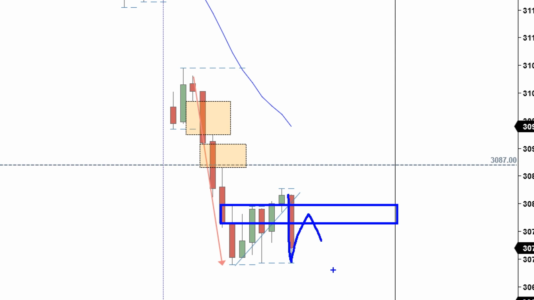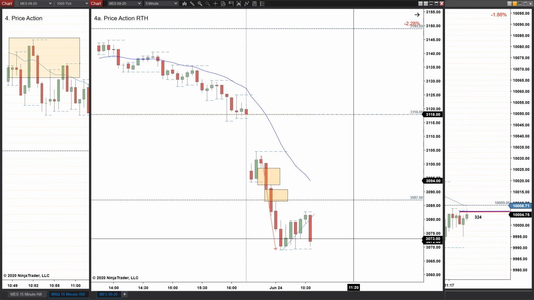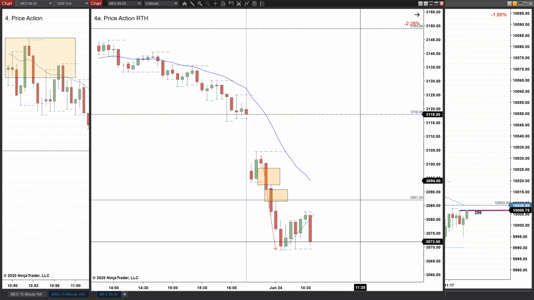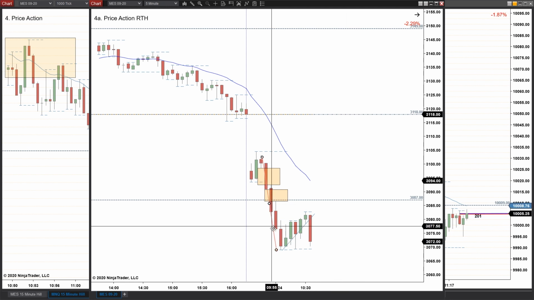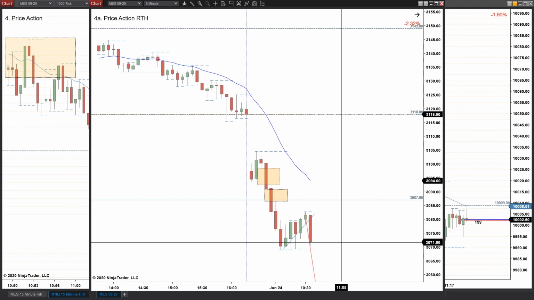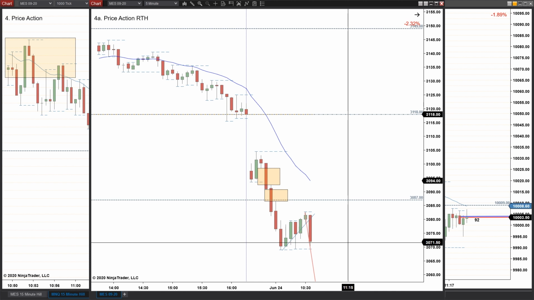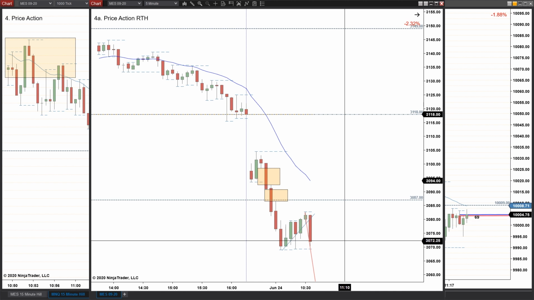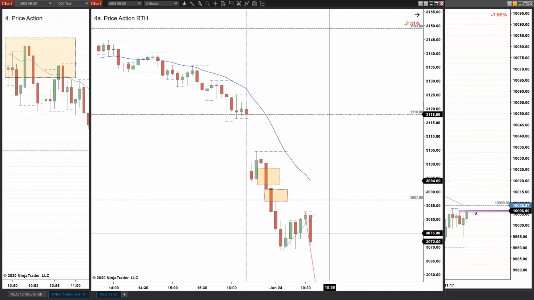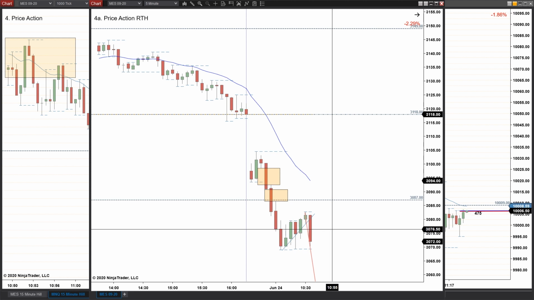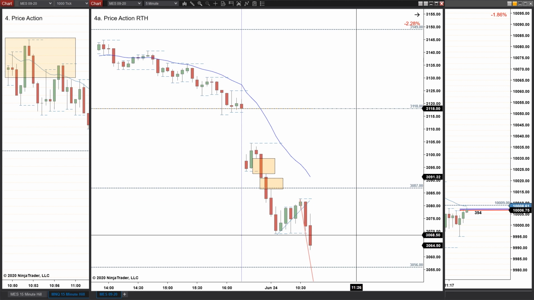So you fib traders got something to play with too. But we're looking inside there. You could sell all the way down here, and it'll probably work. There's nothing wrong with that. Your objective is a big measured move down. But why sell here when I can potentially get a little bit of a better price? Either way is fine. There's no wrong answer. But for me, you know me, I like trying to get as good of a price as I can at the risk of potentially missing the trade. I'm okay with that. I'd rather see if they can come back.